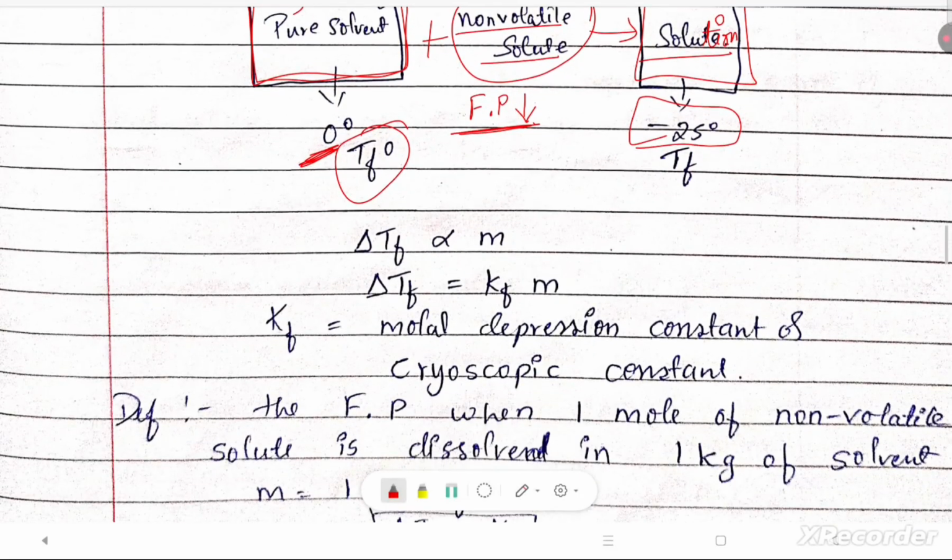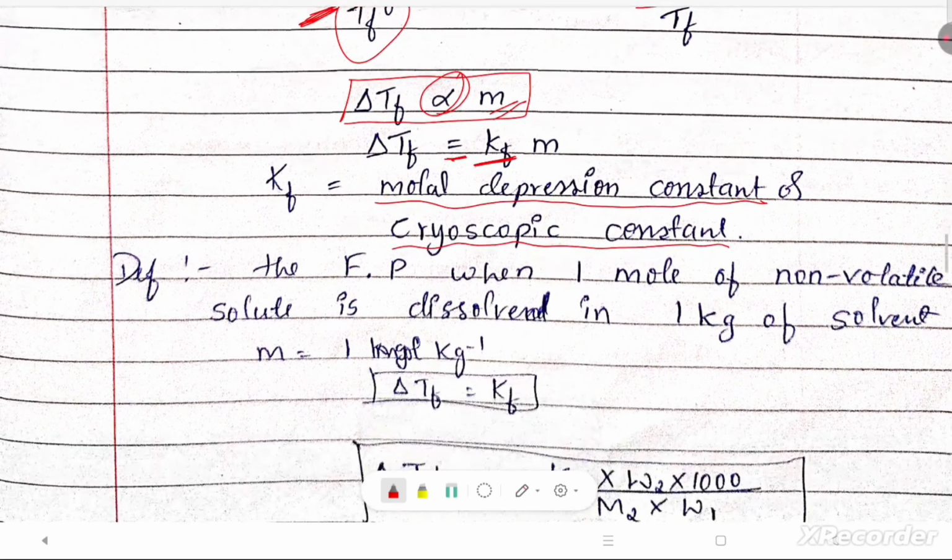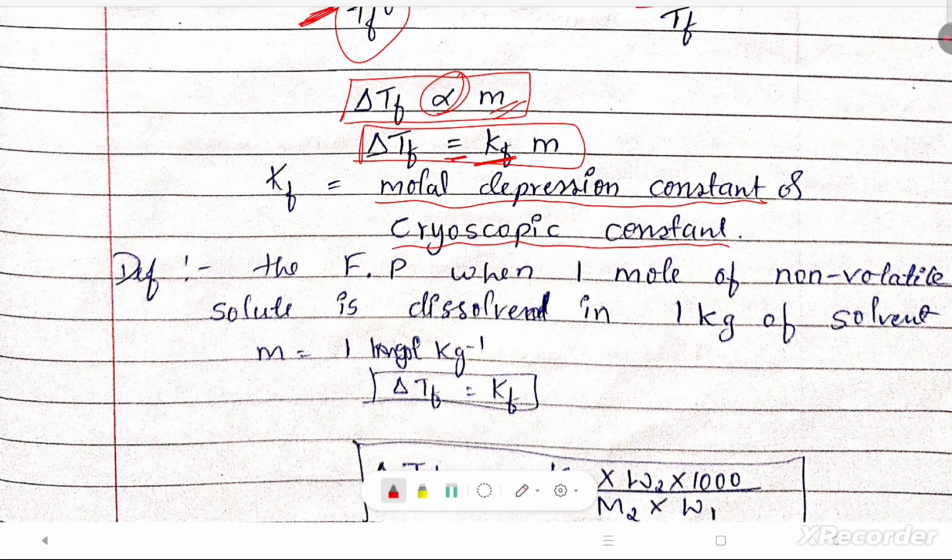Depression of freezing point is also directly proportional to molality. If we remove the proportionality, you will get a constant, the molar depression constant or cryoscopic constant. Remember this formula too. If they give molality directly and the Kf value, you can easily find out